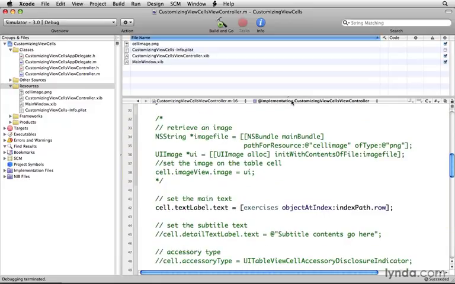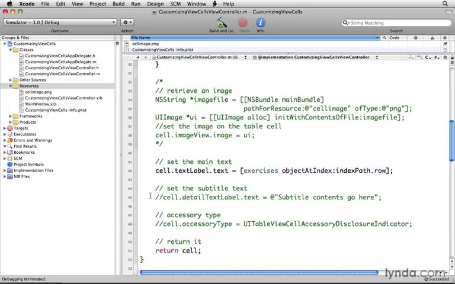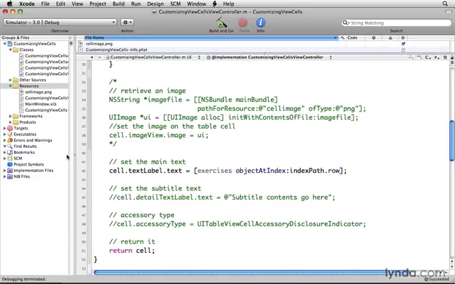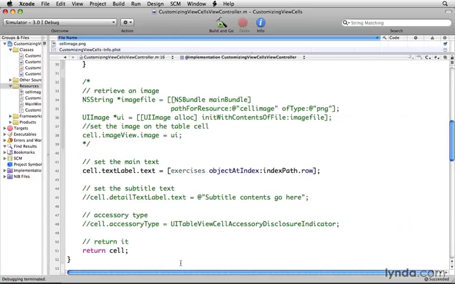So I've got a few things commented out. I'm going to expand the window just so we can see a bit more of this. And all that I'm really doing at this point, not surprisingly, is on line 42, I am setting the contents of the cell's main text label. So I'm going to show another couple of things you can do. For example, we do have a subtitle text available. And if I even just set this to a literal here,